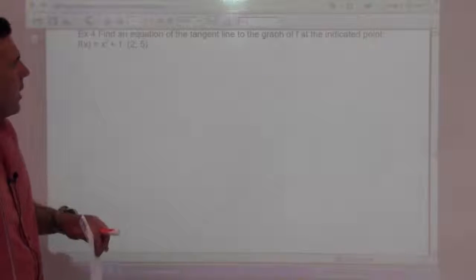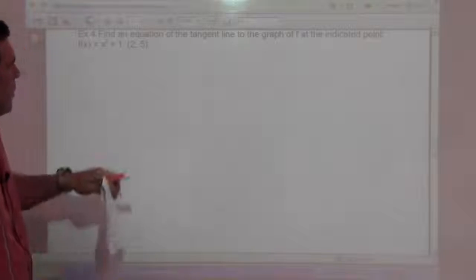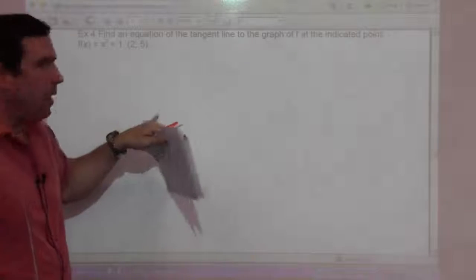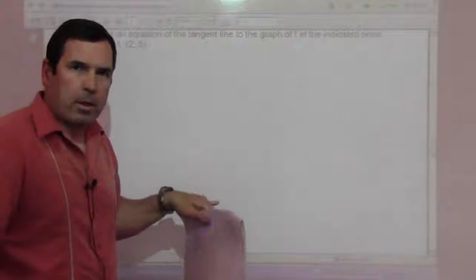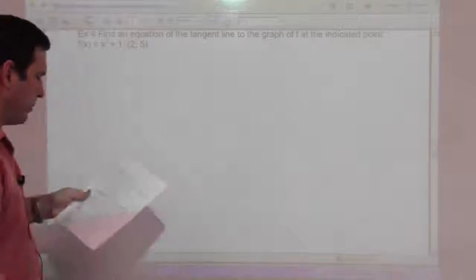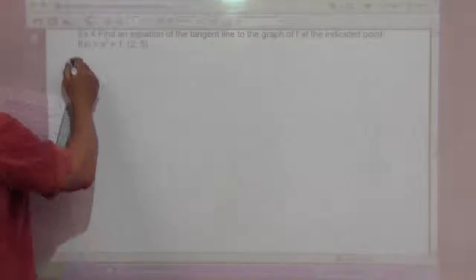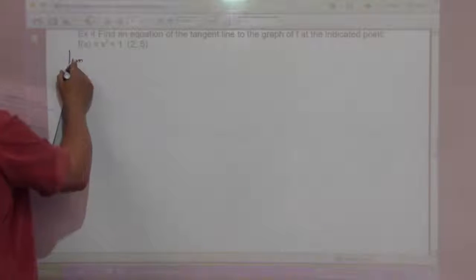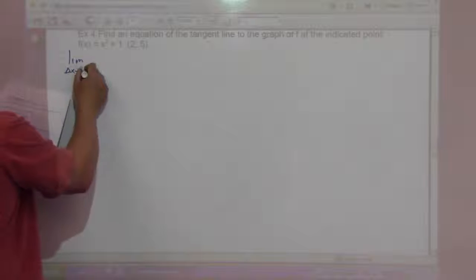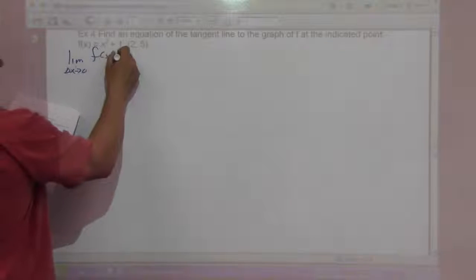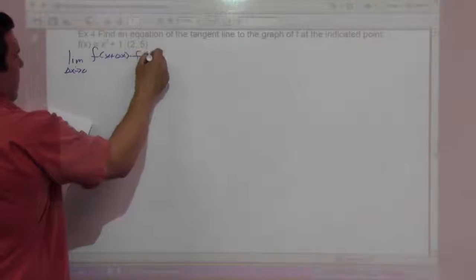Find an equation of the tangent line to the graph of f at the indicated point. So here we're going to get the slope, and we have a point. We can use the point slope formula to find the equation of the tangent line. So the limit as delta x goes to 0 of f of x plus delta x minus f of x